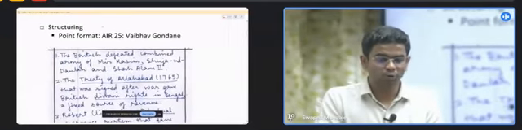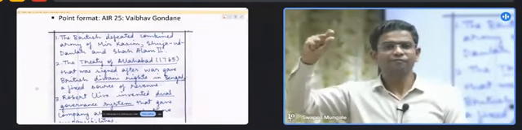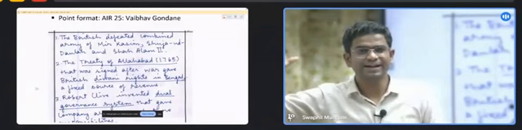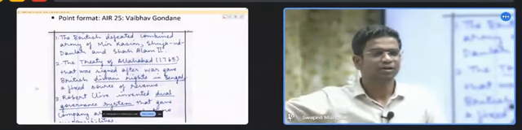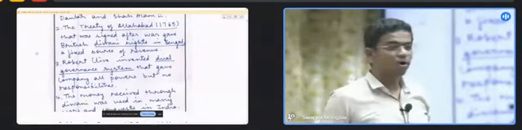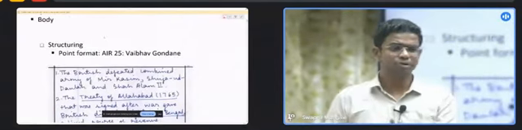In the body, there are various kinds of structures that you can use. For example, there is this point format, first point, second point, third point, etc. So in the body, after the introduction, you can just write a statement. Let us look at the features of this mission, this particular equipment or technology, etc. Whatever it is, 1, 2, 3, 4, 5, or reasons of a revolt, whatever it is. Okay, write 1, 2, 3, 4 points. That is also possible. When to use point format?